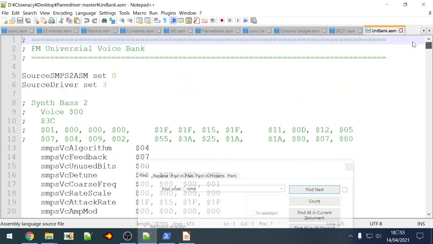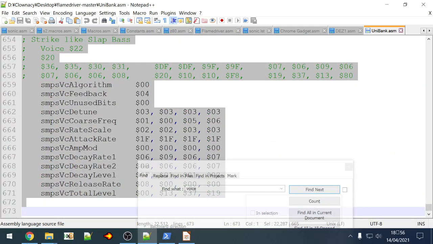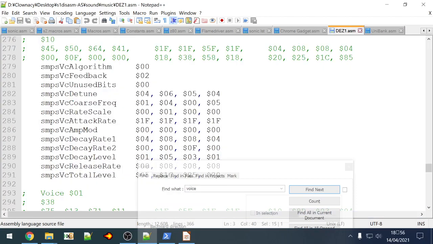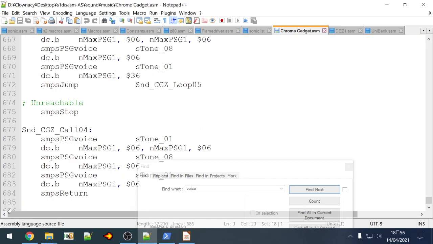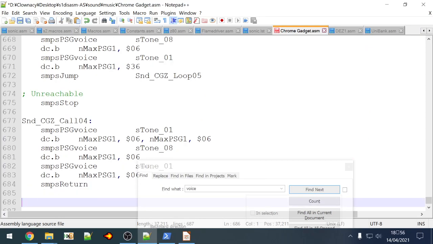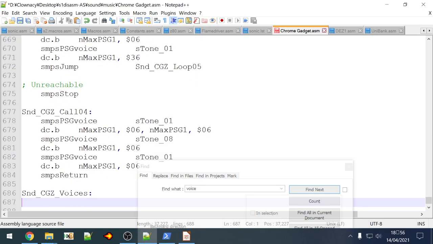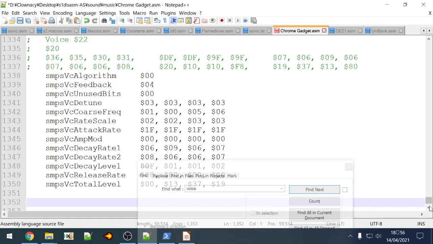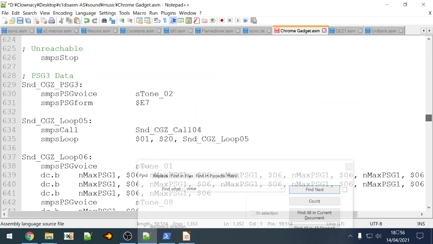Now this isn't ideal, I admit, but, well, one solution is just copy the whole darned thing, right? I know this isn't a pretty idea, but, I mean, this is annoying. This is just a really annoying thing to deal with. So, SND, Chrome Gadget Zone, voices, and there you go, just paste it in the music data. Now obviously the song isn't going to use most of these damned things, but